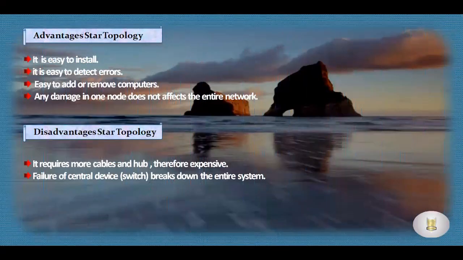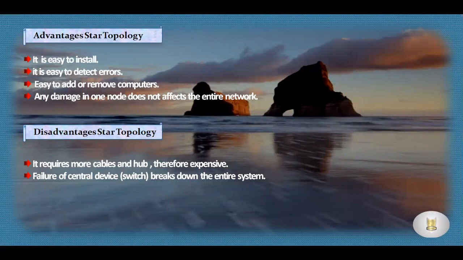Now let's discuss the advantages of star topology. Number 1, star topology is easy to install. Number 2, it is easy to detect errors. It means if any computer or device doesn't work in the network, we can detect it easily. Number 3, it is easy to add or remove computers.